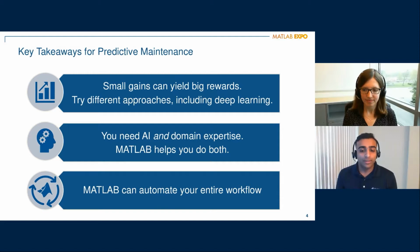Of course, if you build or operate machines, you probably already have useful insights. To succeed with predictive maintenance, you need both domain expertise and AI knowledge. With specialized domain-specific tools and examples, MATLAB helps you do both. Finally, you'll see during this talk how MATLAB can automate the entire predictive maintenance workflow from accessing data to deploying